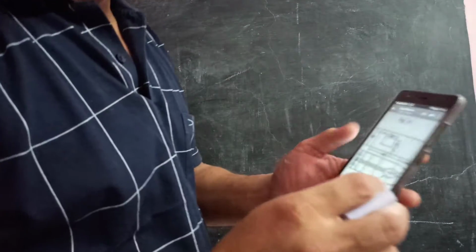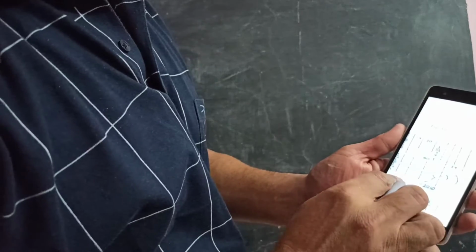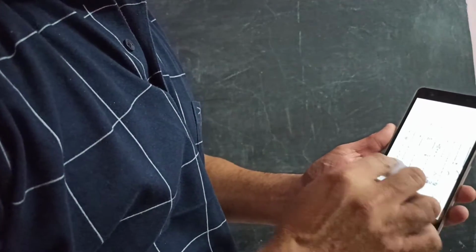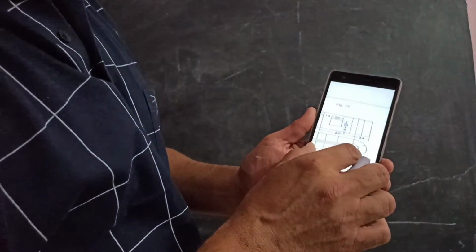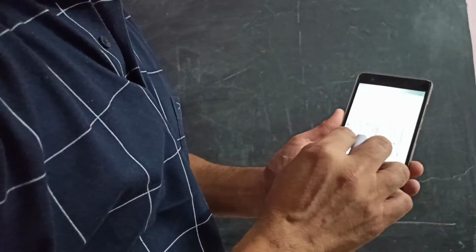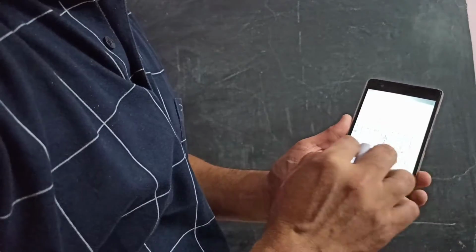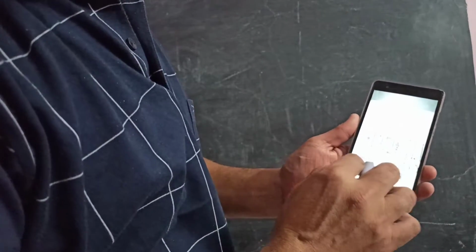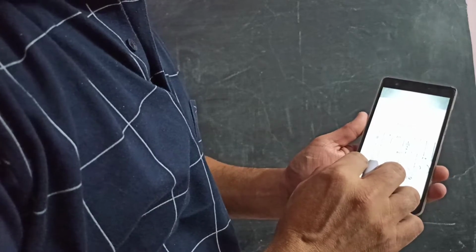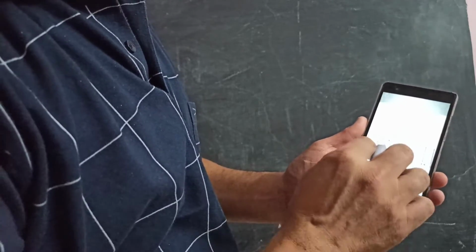So now we'll see this problem, figure number 21. This is the front view, this is the top view. There is a round shape in this top view. The length of this problem in the front view is 60 plus 24, that is 84. The height is 48 and the width is also 48. 21 plus 6 plus 21, that is 48.